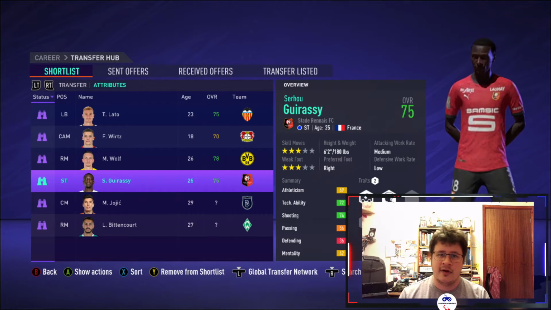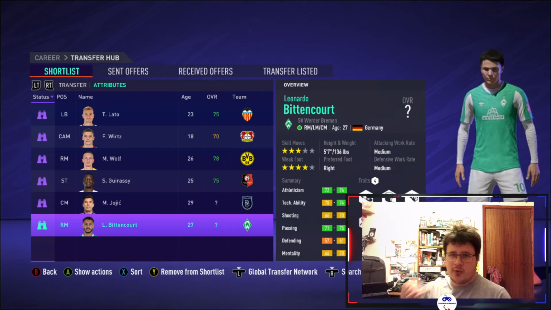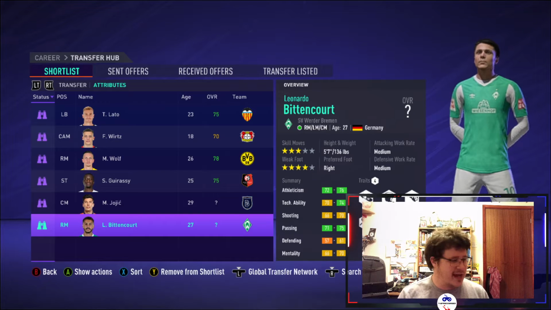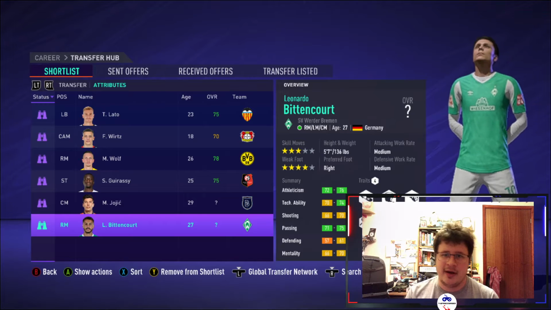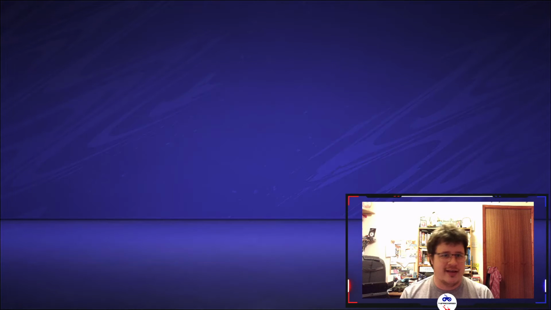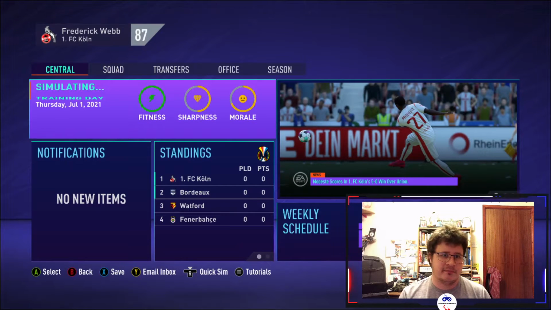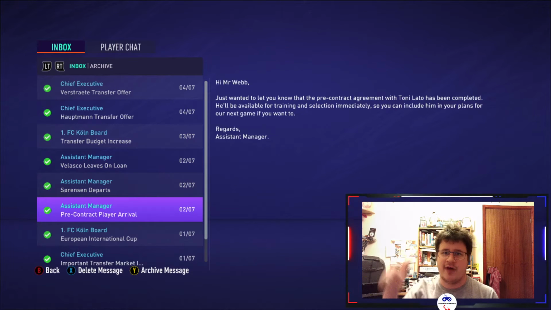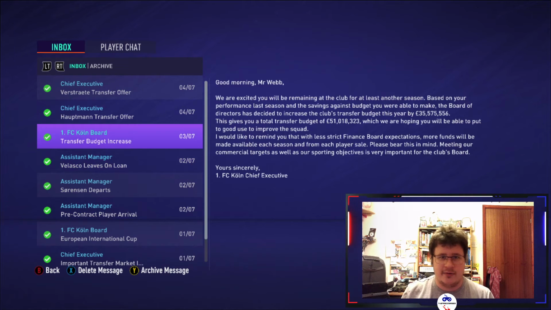I am open to all things here. And then Guirassy, Jojić and Bittencourt are all players I'm looking for, basically to bring some retro names from Cologne's past back to the club. Let me know if you want me to sign any of those. But let's advance ahead to the first game of the pre-season tournament. This is just confirmation of the things we were telling you about earlier: the arrival of Lato, the departure of Sorensen, Velasco's loan, and also the fact that our transfer budget has gone up